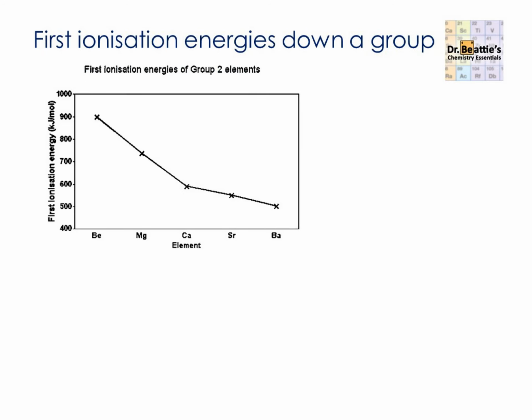Now, the other situation you might be asked to describe and explain is the first ionization energy down a group. And here you can see some group 2 elements, beryllium going down to barium. And you can see that the first ionization energy decreases in general as we go down the group. Now, the explanation for this has strong links with the explanation in a previous video about atomic radius. And so we're going to use the ideas of shielding and distance